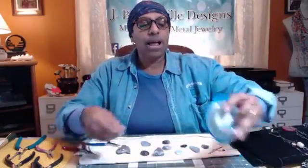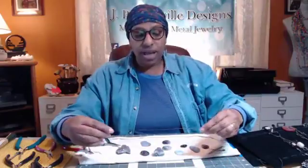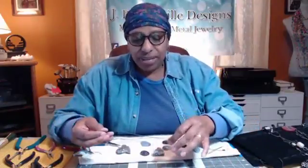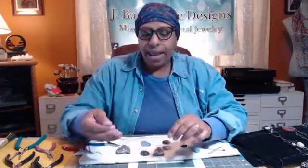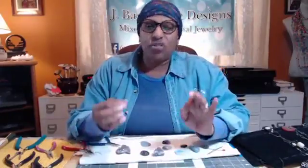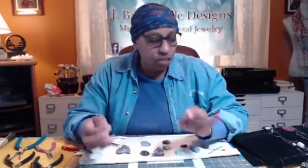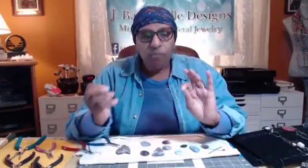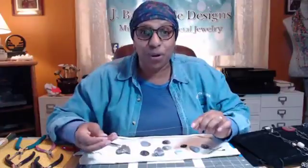And this wire, like I said, you can find at the hardware store, and it comes in a roll, and there are different gauges of it. I really enjoy it because it has a gunmetal finish when I'm done working with it, and it's really easy to work with. I get the patina effect that I want with sterling silver, but I don't have to use patina. And that's really cool. And it's a really strong wire. So anything you wrap with this, or make chain links for a necklace with it, is going to stay forever. So that was my passage into working with the